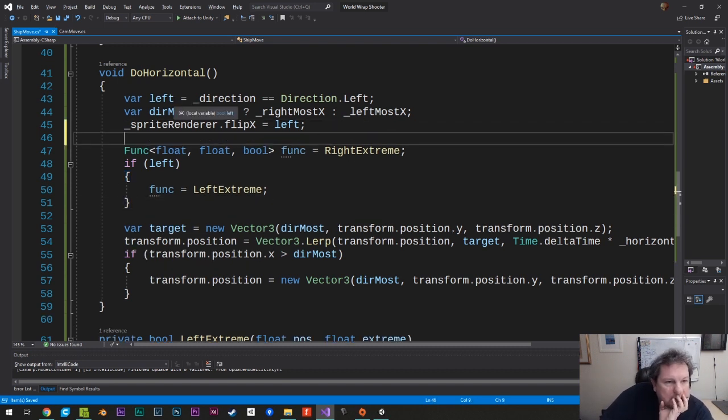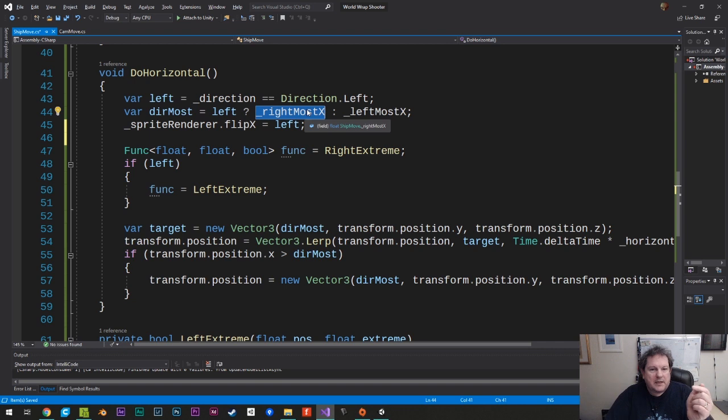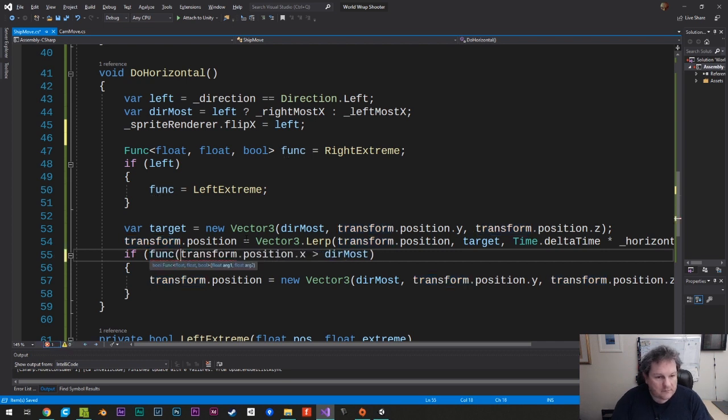Right. So in this one here, we have our leftmost direction. We check to see direction, see if it's the left. If it is left, then we specify that we want to move the ship to the rightmost. And if it is right, we want to move the ship to the leftmost. And then down here, we want to say func that. So we don't want to call this function. We want to call this